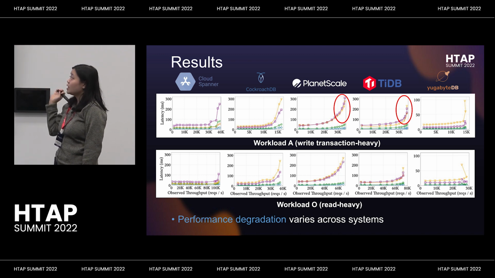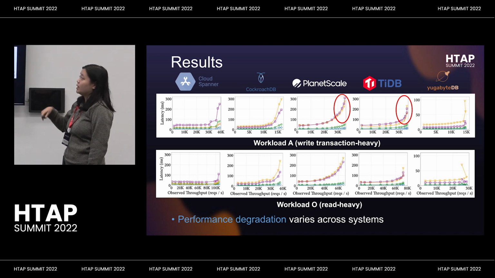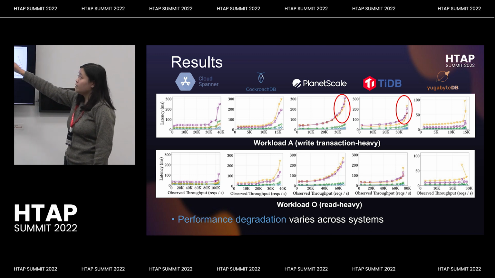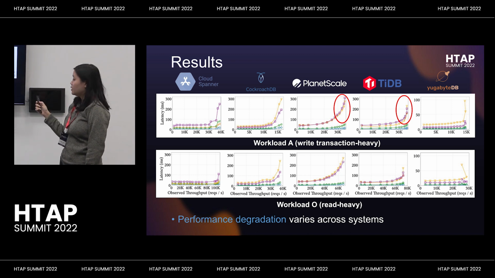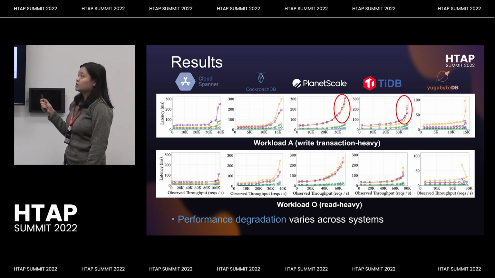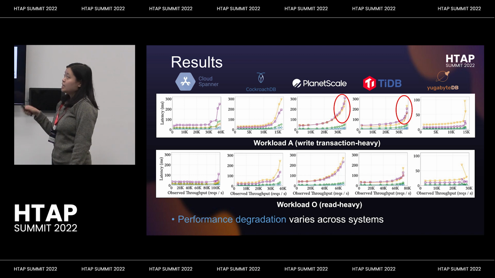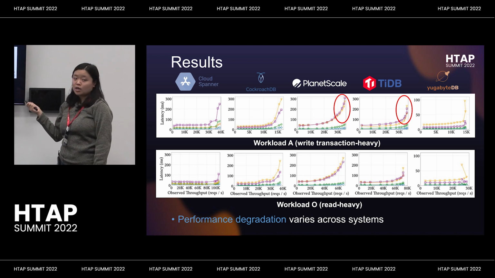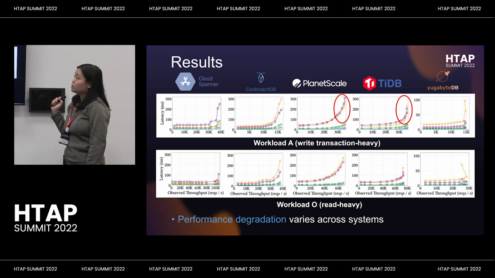So TiDB here, its latency increases much more slowly than PlanetScale, in which you start to see the latency impact even when you haven't reached peak throughput. There's more details in the paper about these results. It was out of scope for us to explain exactly why each of these systems had the results they did, but it was demonstrative showing that our benchmark is able to highlight these differences, and it's a useful tool for evaluating different system trade-offs.